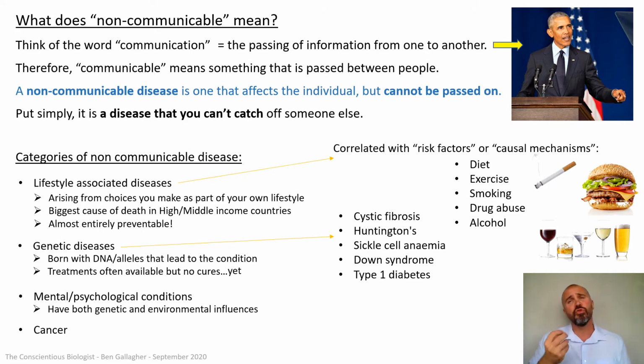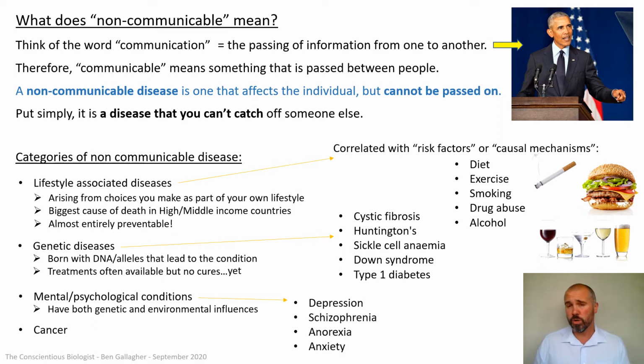But it could also be through trauma in your life, through things that you've experienced that push you towards mental conditions. So examples would include depression, so common, schizophrenia, anorexia, where you think you're fat, so you starve yourself and can almost starve yourself to death, and anxiety, so common in today's society where we all live such stressful, busy lives. Anxiety is a really serious mental condition, okay? But just like all the others on here, they're non-communicable. You can't catch these conditions.